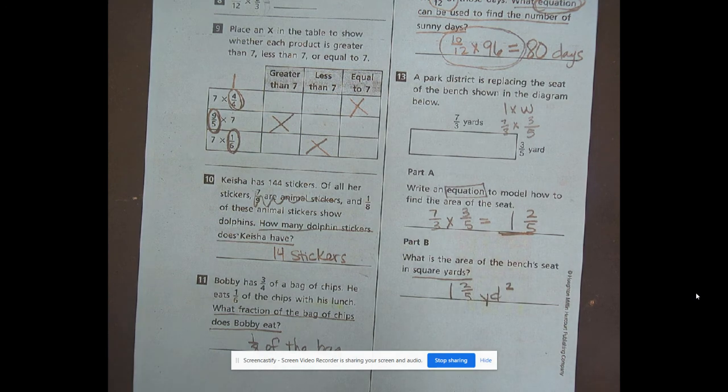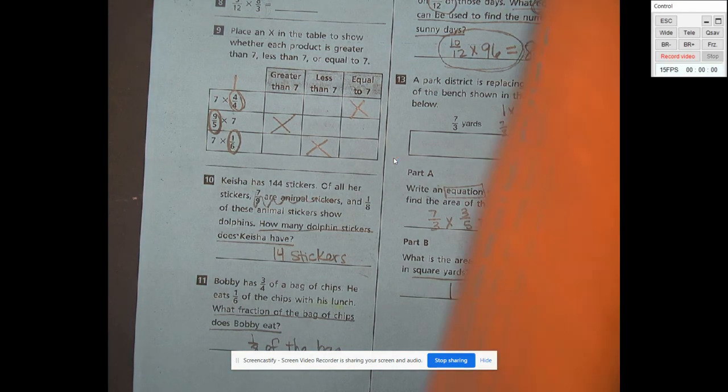All right, we're going to need to get on extra math. Once you have extra math done,